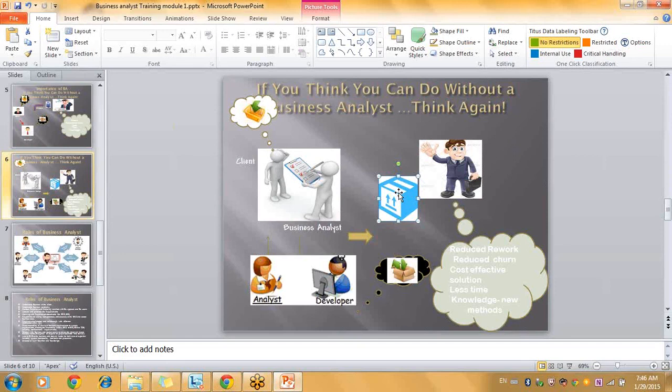So if a business analyst is in place, it reduces rework. Why does it reduce rework? Because we have a clear and concise requirement in place. We know exactly what we need to develop. We gave a cost-effective solution, right? We took less time. Why did we take less time? Because we have all the documentation in place. We know what the areas and requirements are that we need to develop. As a result, it took less time compared to the previous one,